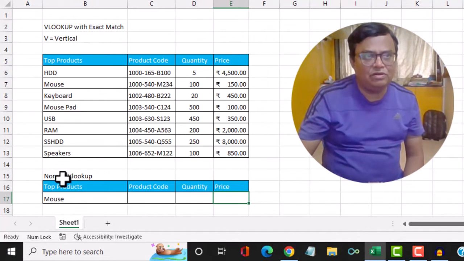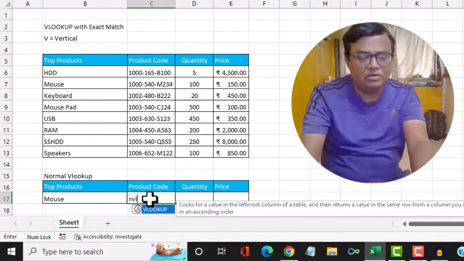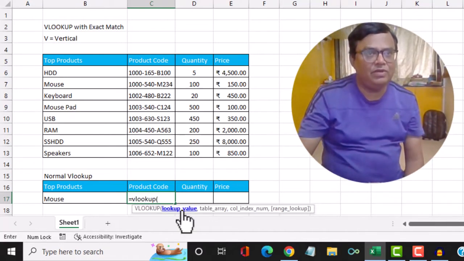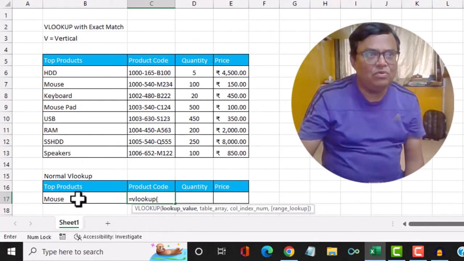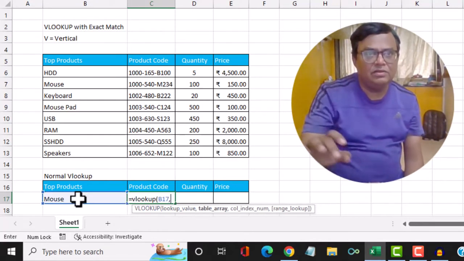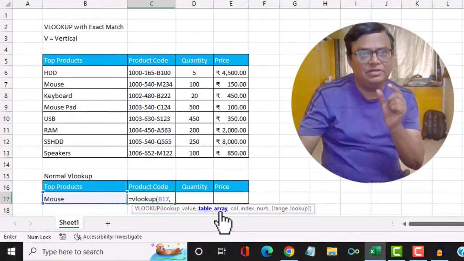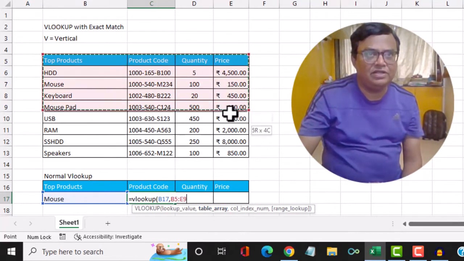First, we'll use a normal Vlookup for locating the product whose name is mouse. So we'll come to the location and then we will type equal to Vlookup and then open parenthesis. Now Excel is asking me the lookup value, means it is asking me what value you want to search. So I would click on mouse, comma. Now it is asking me where you want to search. Table array means specify where you want to search this value. So I would specify this entire table,